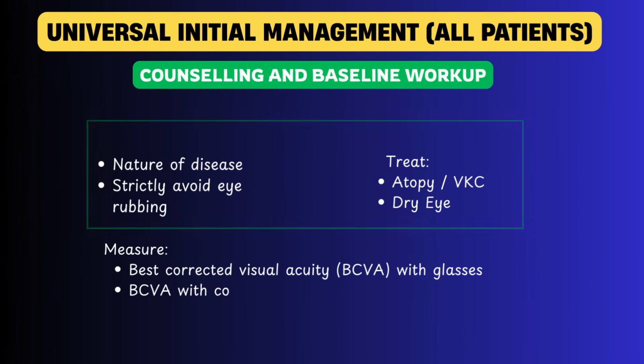Here, we explain the disease course, that typically keratoconus is a progressive disease and then it slows down after 40 to 45 years of age as the cornea stiffens naturally. Pediatric patients progress faster, so pediatric patients and their parents need to be more cautious. Also, advise patient to avoid eye rubbing, and also you have to treat atopy, any vernal keratoconjunctivitis and dry eye